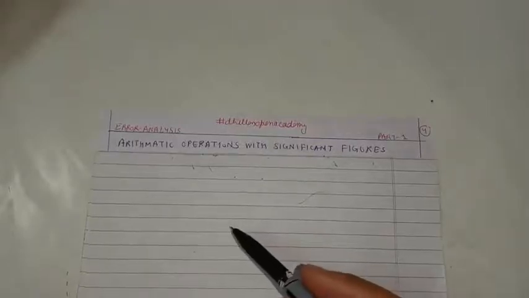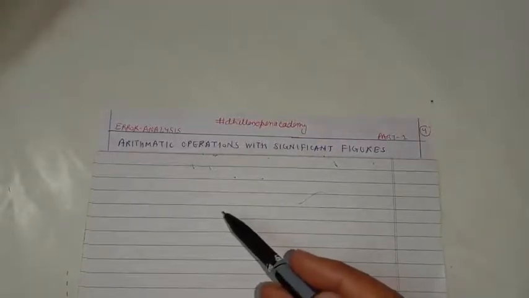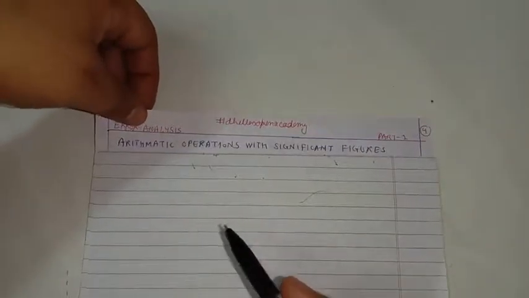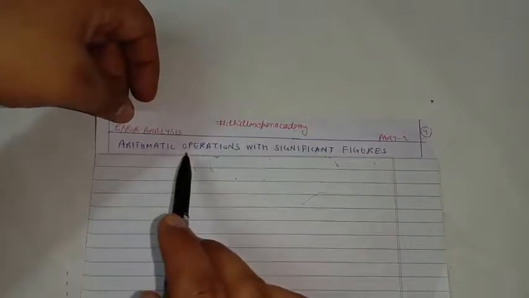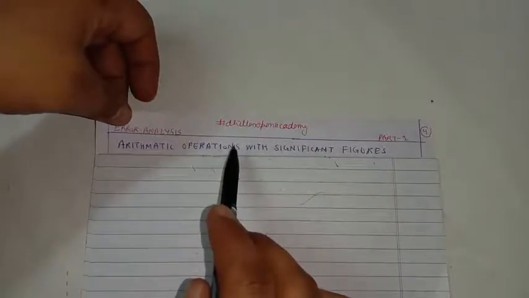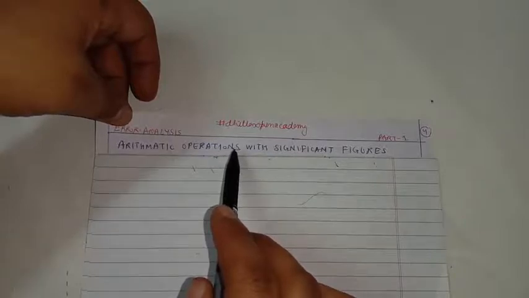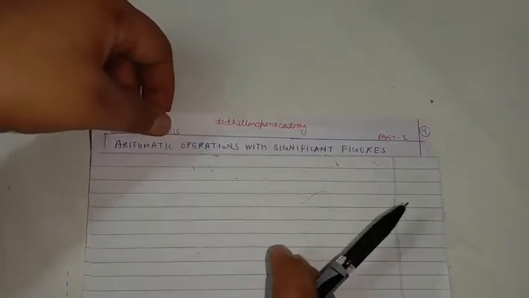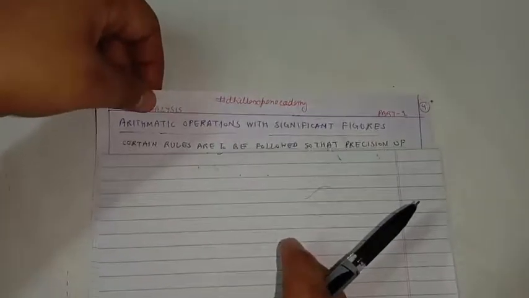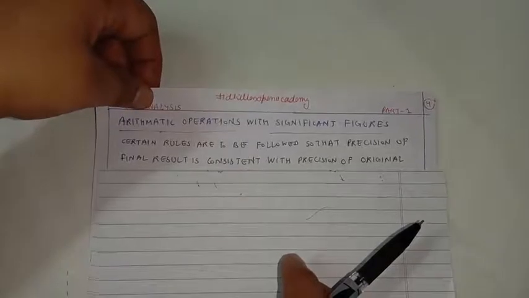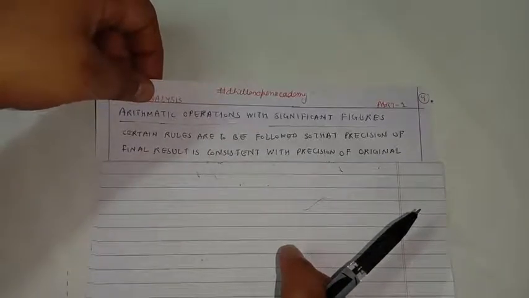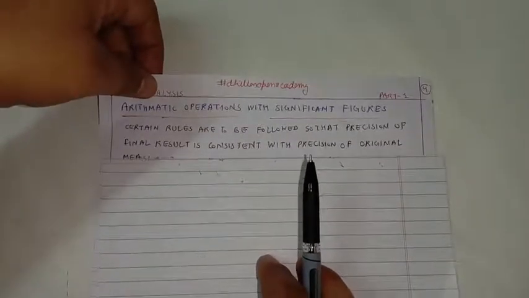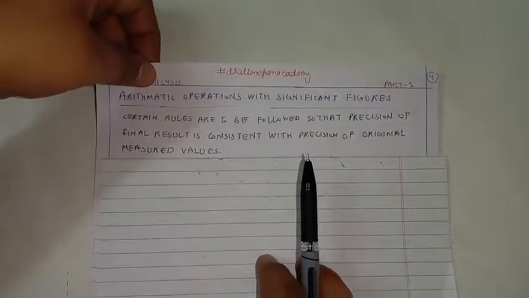So we have studied how to find the number of significant figures and how to round off a particular mathematical result. Now, when we are dealing with arithmetic operations, addition, subtraction, multiplication and division, we also have to follow the rules of significant figures to make our result more and more accurate. What are these rules? We have to follow certain rules so that our final result after mathematical manipulation is accurate, with the least amount of error.